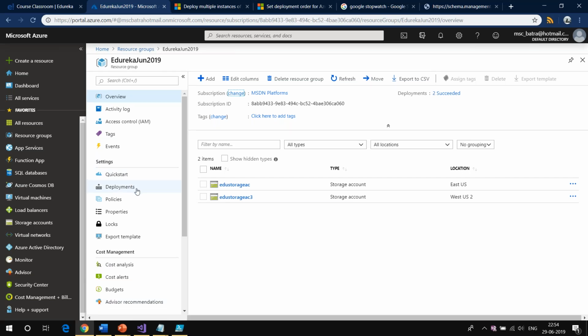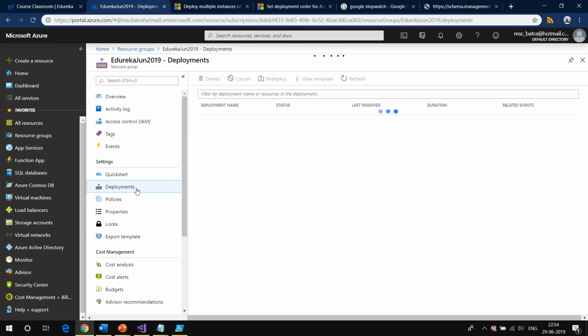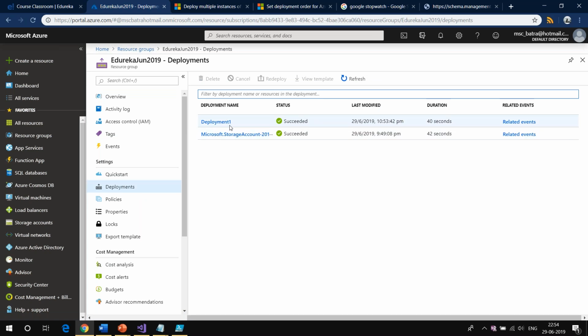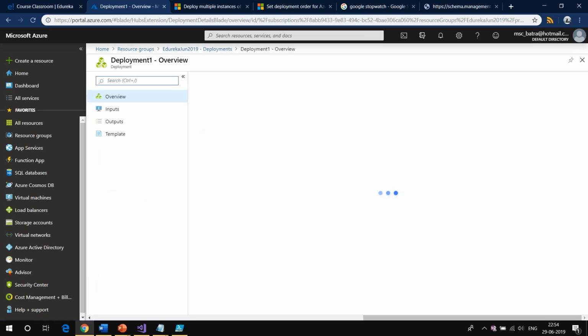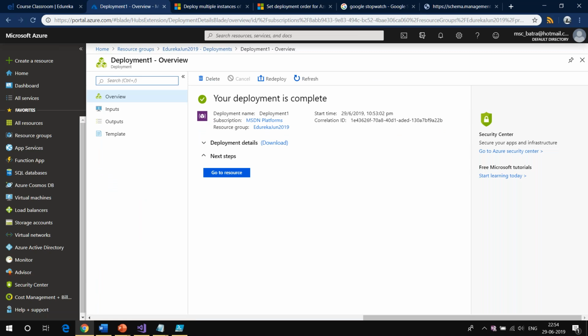Let me go back to the portal. Let's go to the deployments tab. Can you see here we have deployment 1, right? I can click on deployment 1, which means whenever we do a deployment through the portal, from PowerShell, from Visual Studio or from CLI, everything is captured in the deployment section. Let's go back to the template.